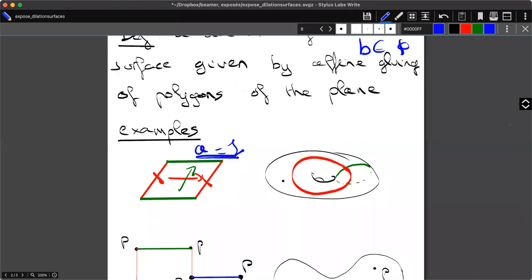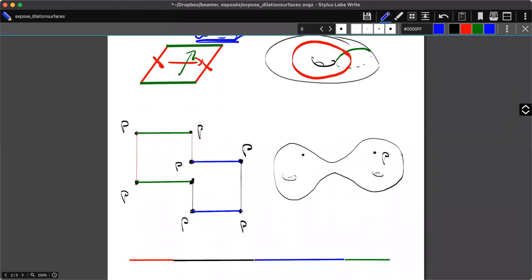So maybe another example here, slightly more complicated. This is the two-room surface. The gluing is given by the colors of the picture. So this one to this one. This is a translation as well, because this one has the same length as this one. The blue ones are a translation as well. But for the red and the black ones, you have to use some dilation ratio, because this one is shorter than this one. It's the same thing for the other one.